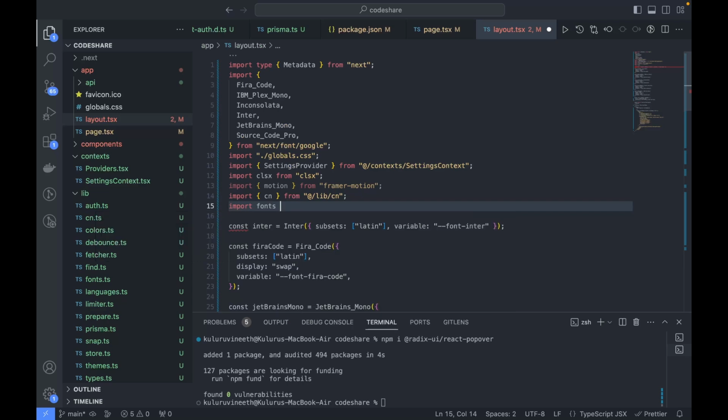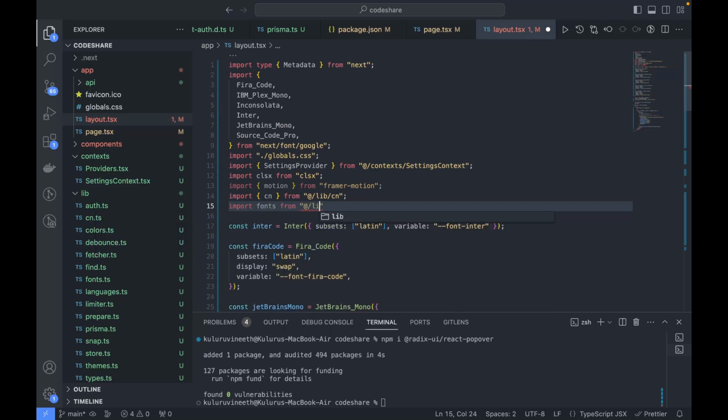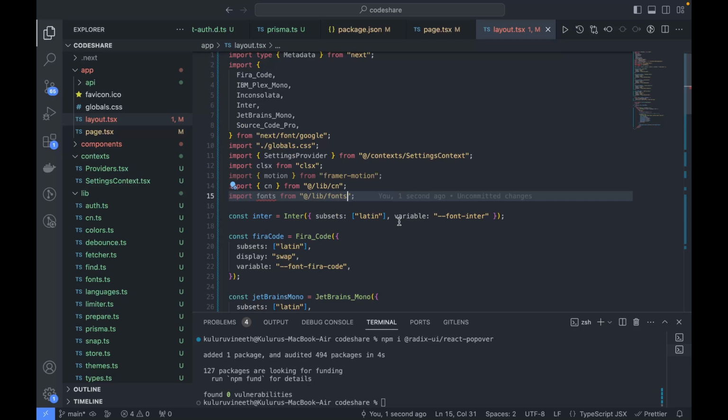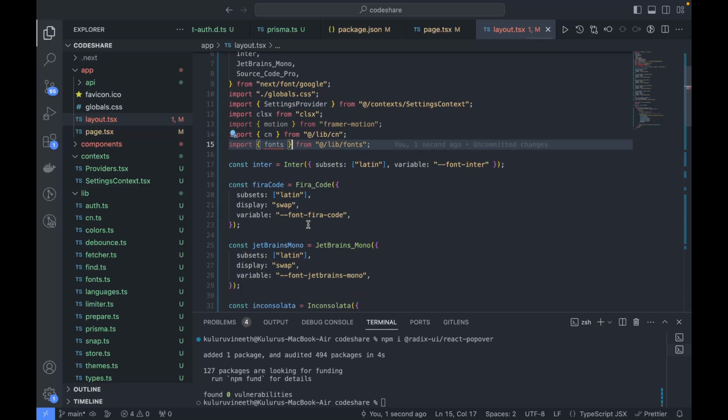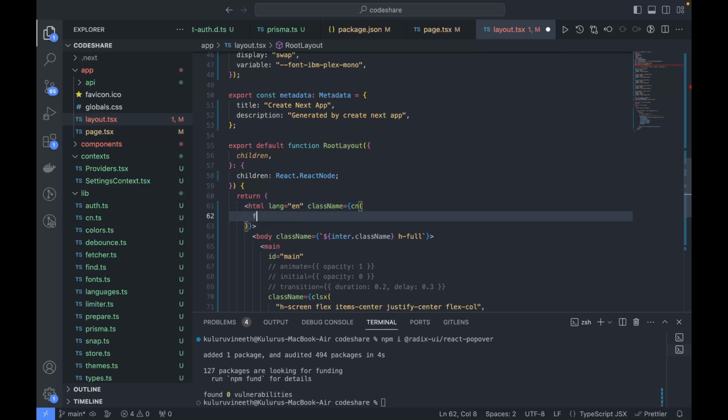Fonts from fonts. It is not a default export. Yep, fine. And first for this I'm going to provide the fonts, so it's going to be fonts dot